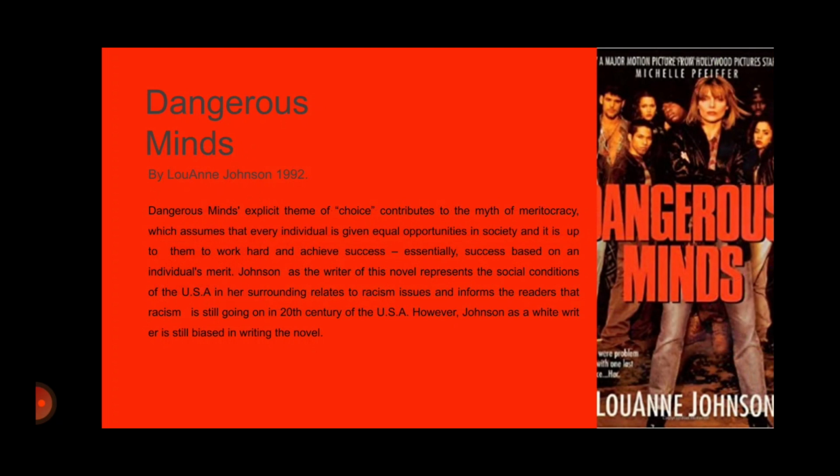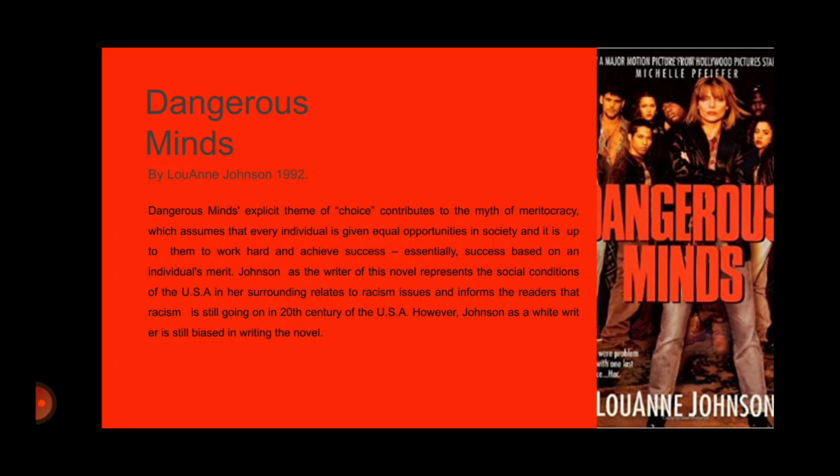This novel, Dangerous Minds, explicitly shows how the theme of choice contributes to the myth of meritocracy, which assumes that every individual is given equal opportunities in society and it is up to them to work hard and achieve success, essentially success based on an individual's merit. Johnson, as the writer of this novel, represents the social conditions of the USA